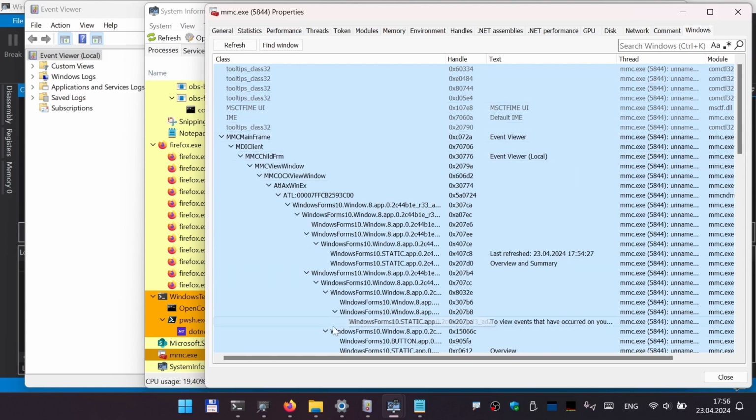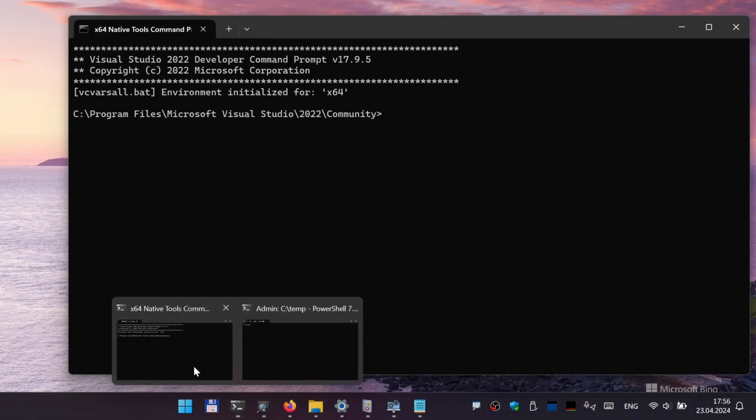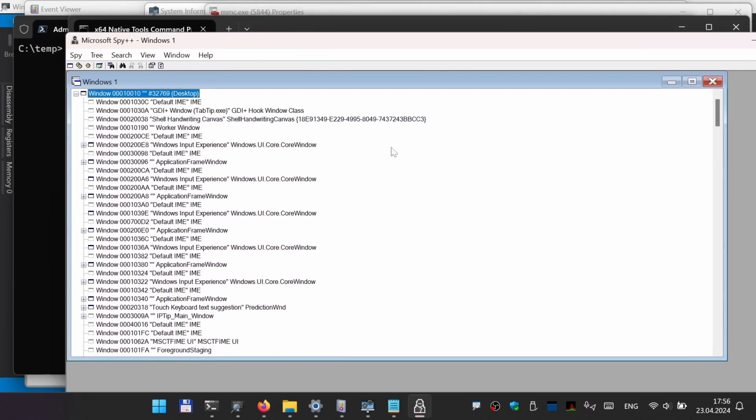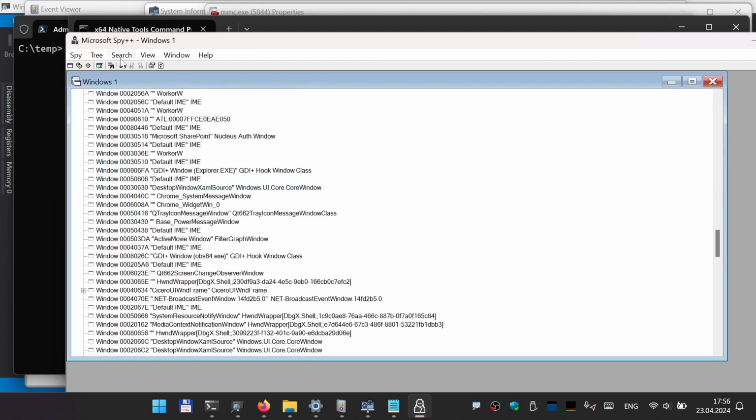Now, the other tool that probably many C++ developers know well is Spy++, or SpyXX. It does require admin rights, and it's installed by default with either Visual Studio or Visual Studio Build Tools, and we can run it by executing SpyXX. It requires admin rights, so that's a big difference. The look of it is quite dated, but it also shows us a nice hierarchy of windows. And by using this